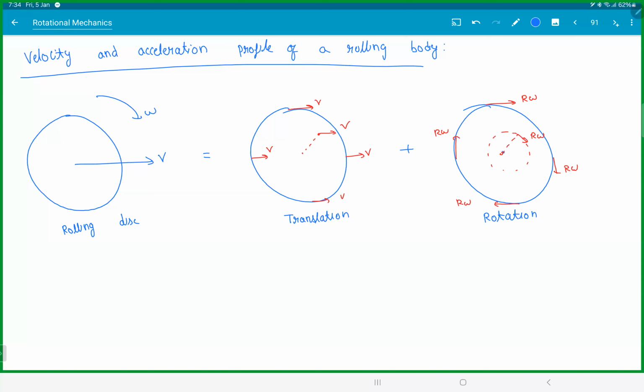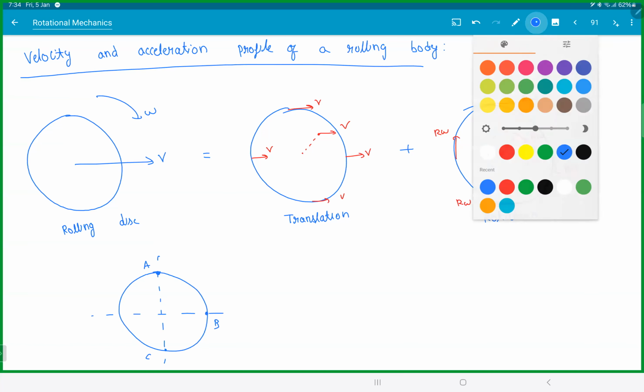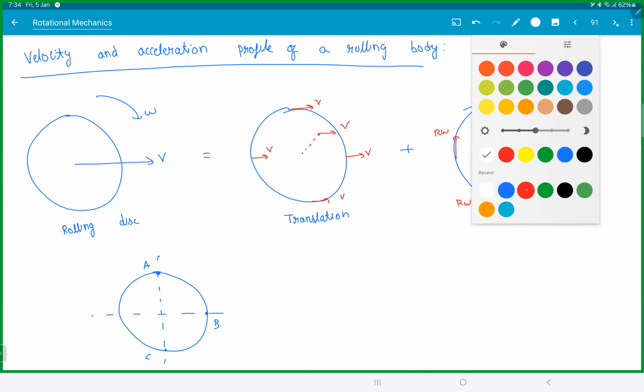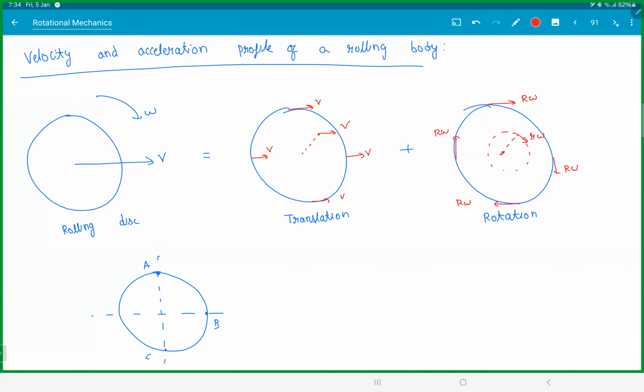So if someone asks you to find the velocity, so let's say the topmost point is at R. It will be R omega, or omega times the distance from the center. What distance from the center is it? Small r omega. If you take points like this, right? So now if someone asks you to find the velocity of A,